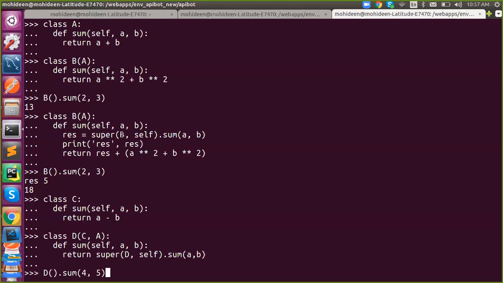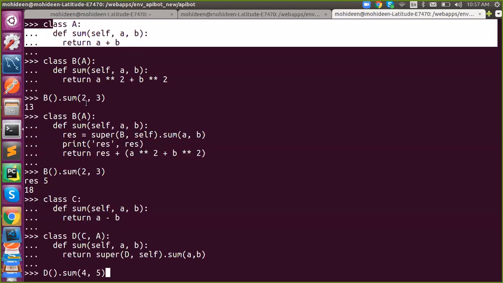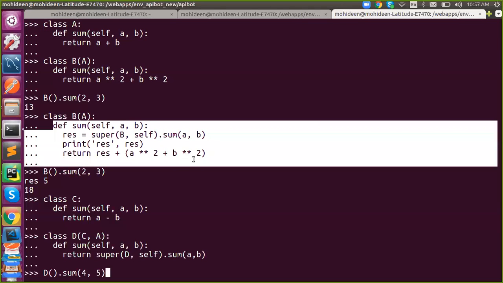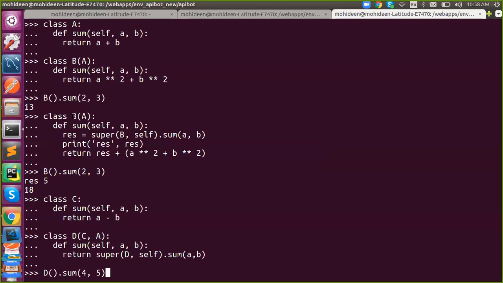I'm saying super B. Why am I saying B? The reason is the A property is already inherited into class B. Currently, class B contains this method because I'm not done with my method, so it won't override it. Inside my method, it is not overridden yet. Still, my class B refers to the class A method. So when you say class B, it will actually contain the class A method.